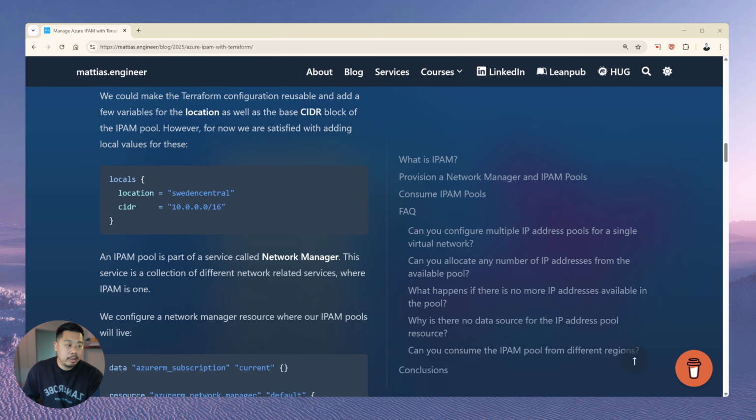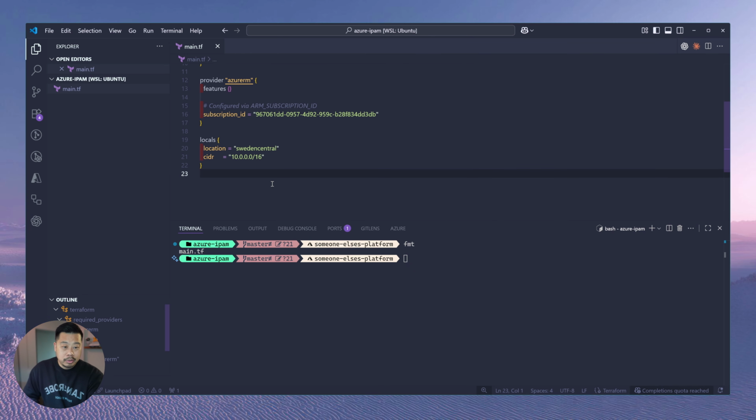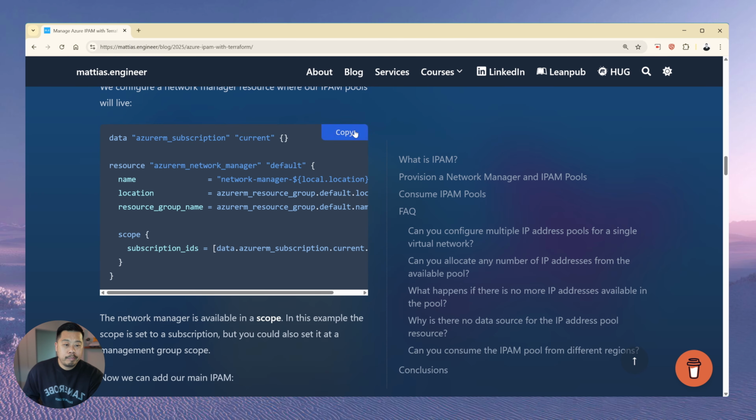And we'll copy the locals. So the locals just defines the region. So I'm going to go Australia East and it just defines a CIDR. So if we go through here,